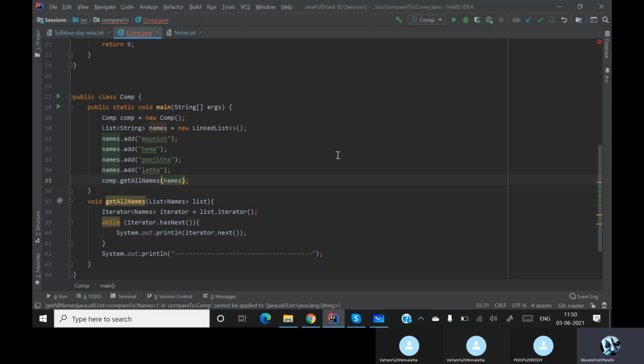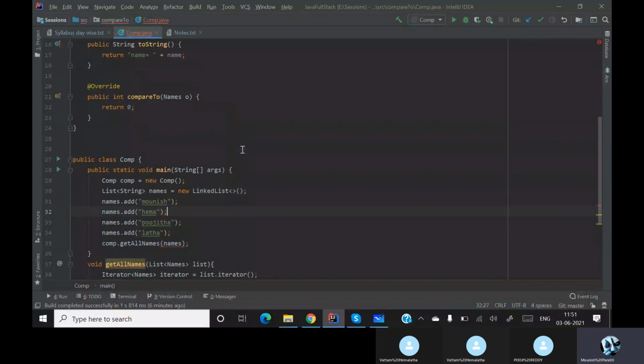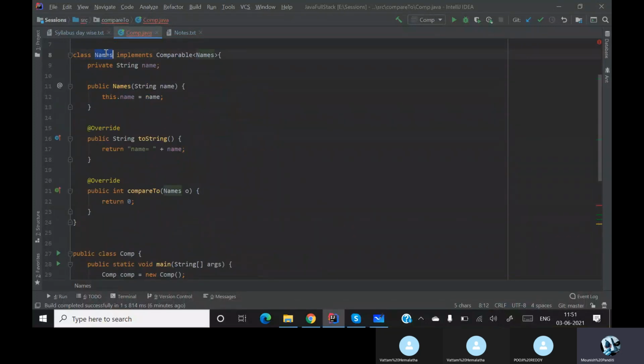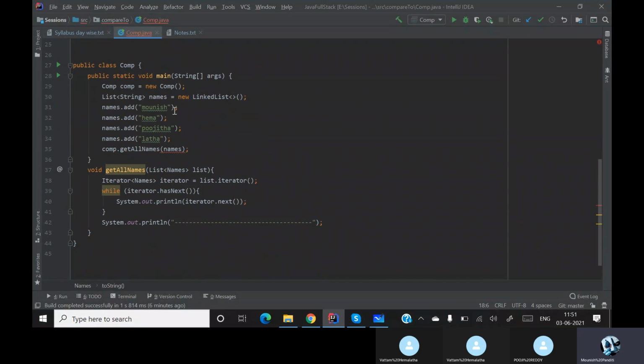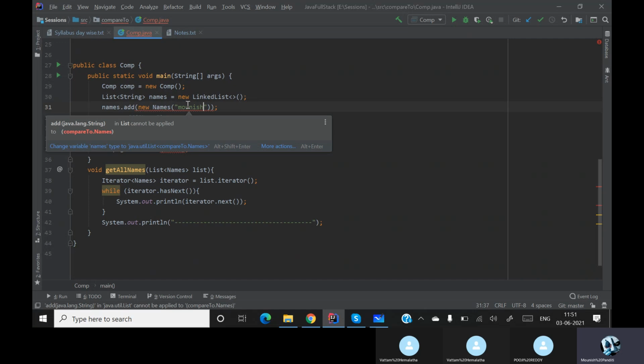So now the question is, how do I get it? First of all, I added everything to names with the help of my linked list, not with the help of my names class. So the first thing I want to do is, I don't want it like this. I want to add it with the help of my names class. Is it possible to do it like this?